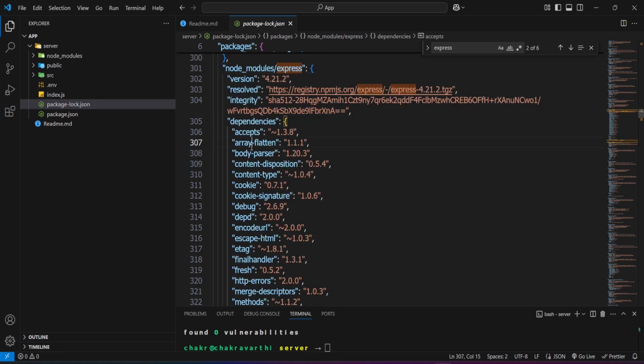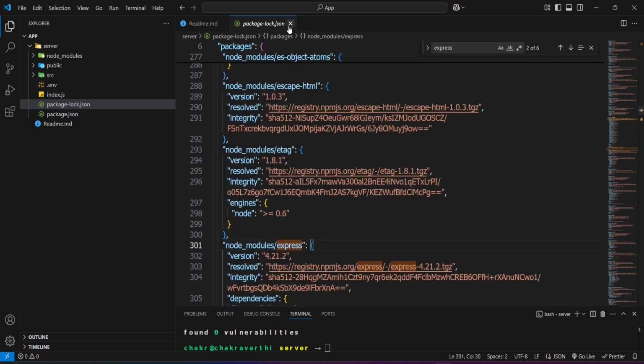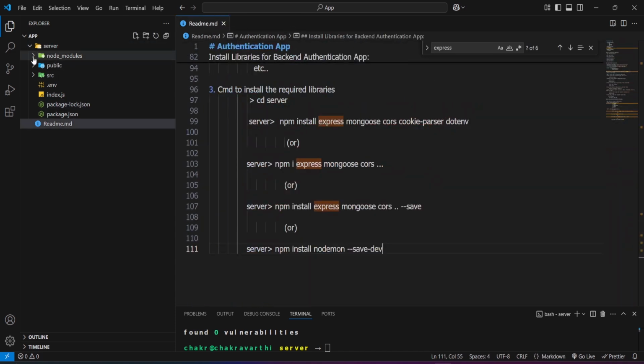Like accepts, array-flatten, and body-parser, content-disposition, content-type, cookie-signature, debug. All these packages are required to use this. If these dependencies are there, in that case only this express module will work. This express library will work. This package-lock.json contains the transitive dependencies, or you can call them the dependencies of the dependencies. You can simply call it the transitive dependencies of each and every dependency,